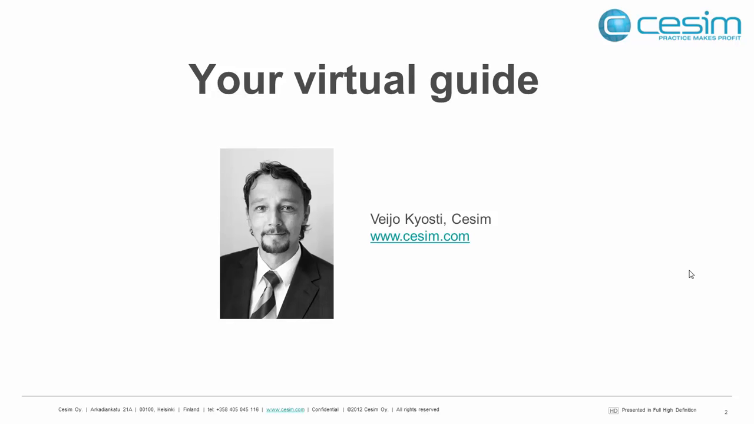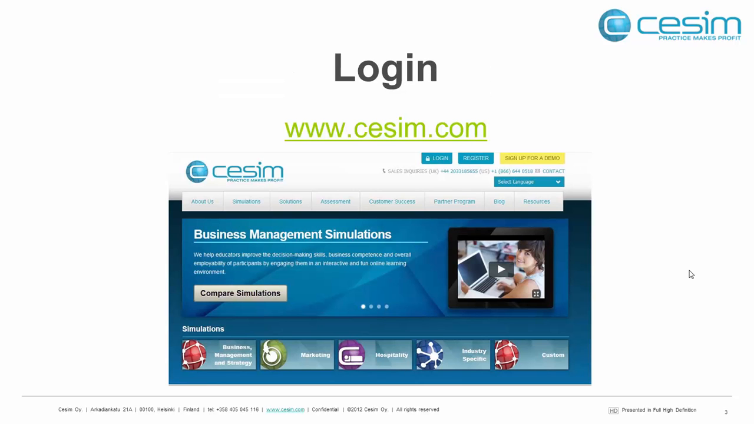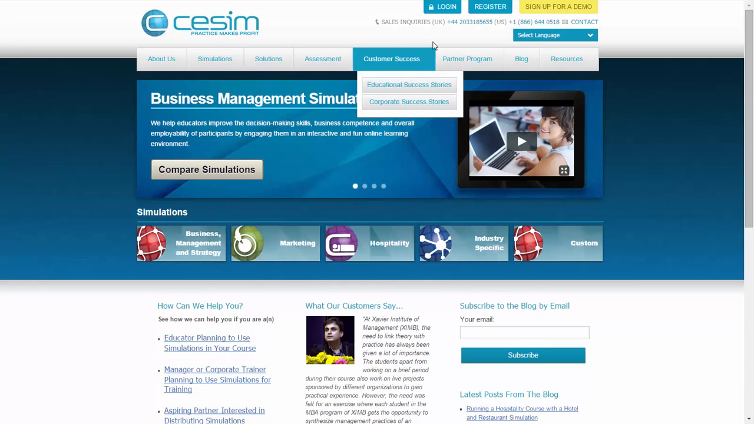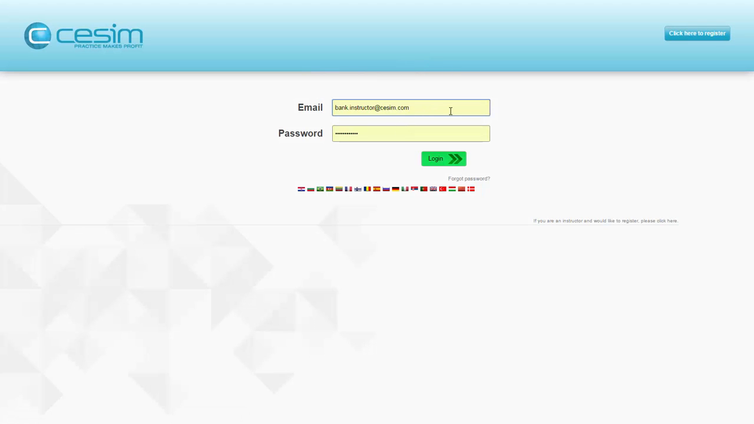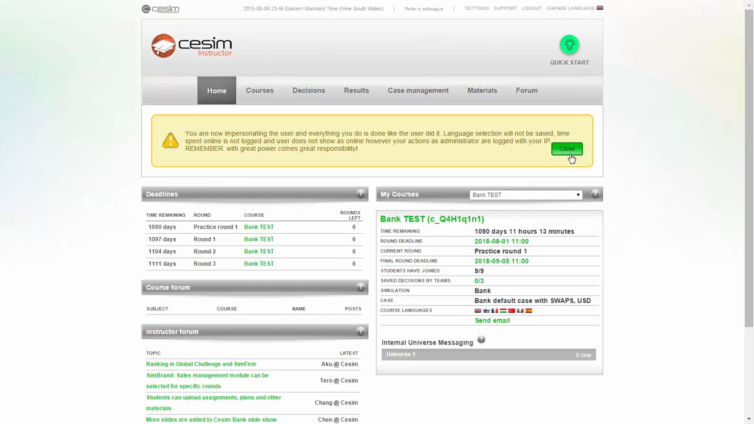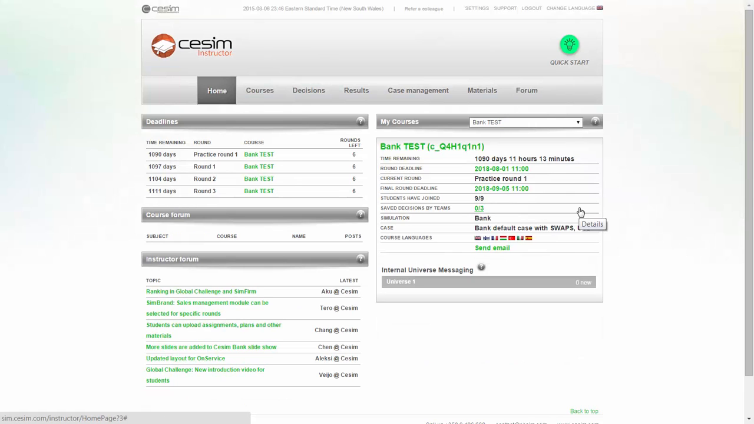The first step that we will do is to log in to the platform. This can be done here at our homepage cesim.com. Now we are getting there, and then you click login. You have been given your own instructor details, email and password. You just enter these into these respective cells, and then you click login, and then you are entering the instructor